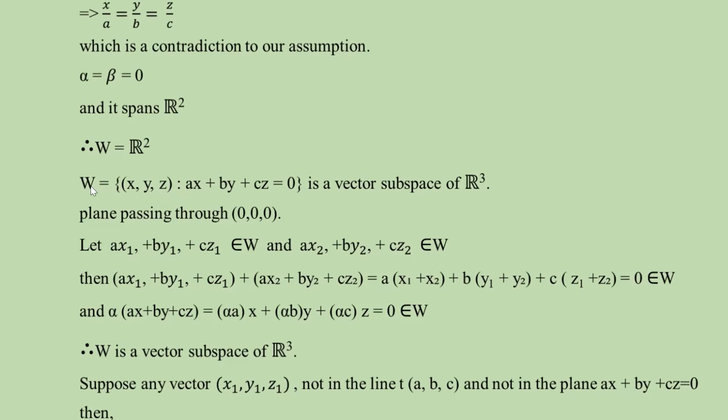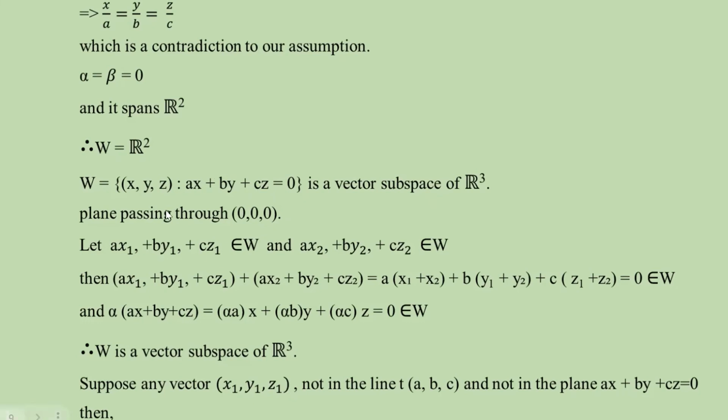Let W equal the set of (x, y, z) such that ax plus by plus cz equals 0. This is a plane passing through origin. So we have to prove this is a vector subspace of R3. So we just take